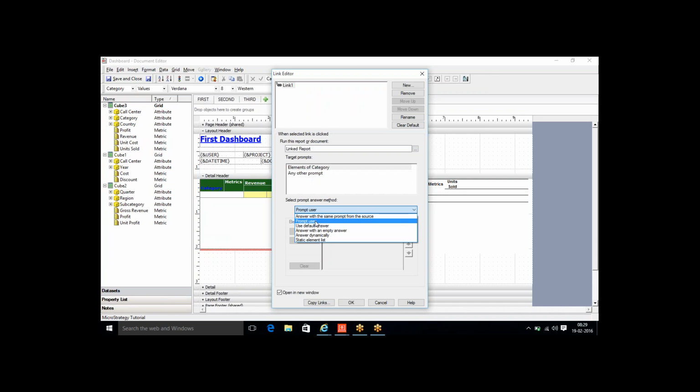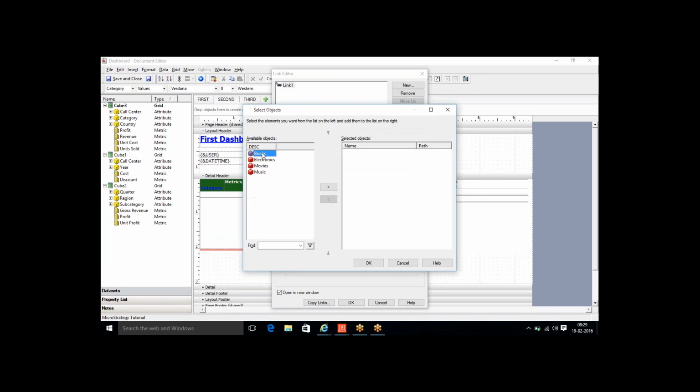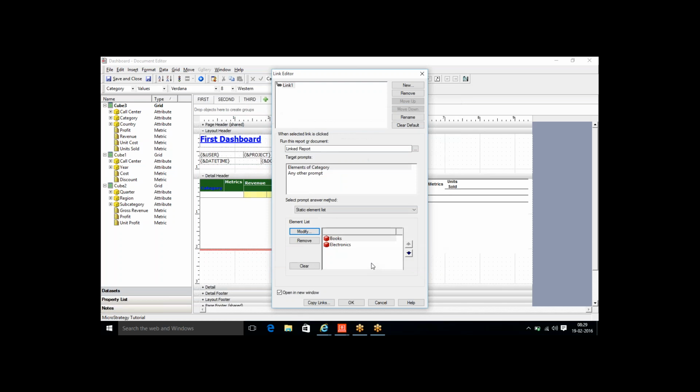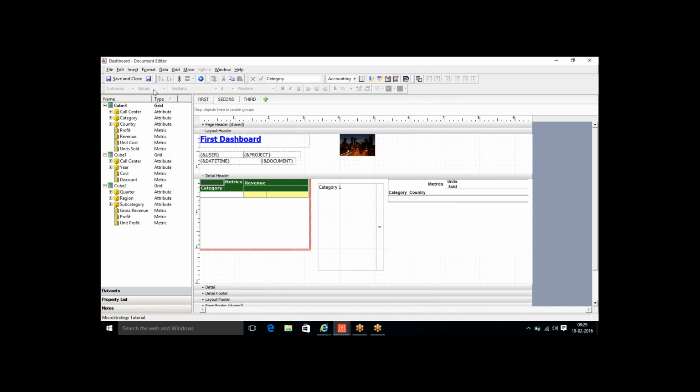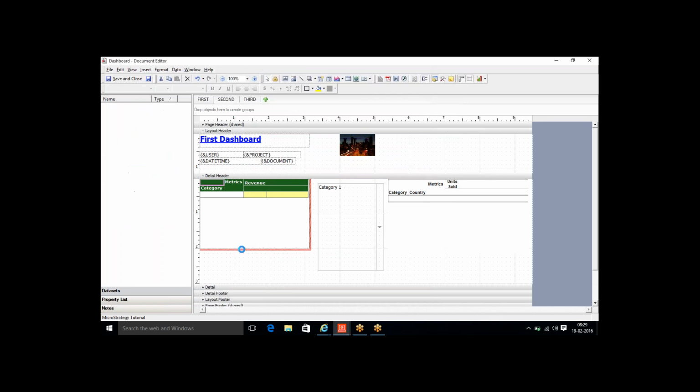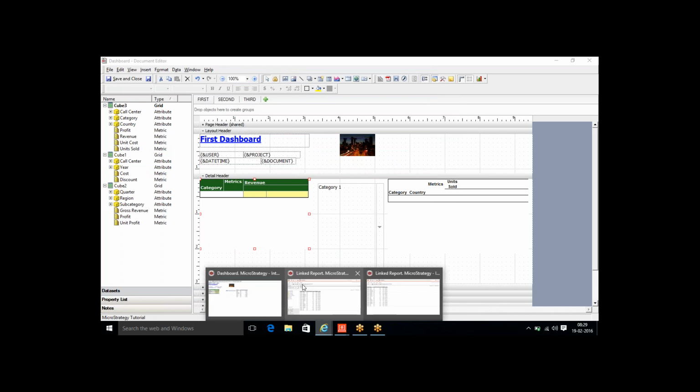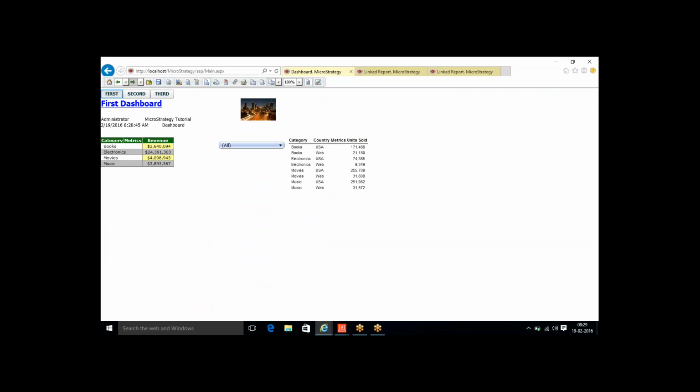If you want a static element list, I can say don't display all the elements, just display books and electronics. So I don't want to display all the elements of category under my link report. It's just going to display books and electronics. If I say OK, and save, and this time I refresh my dashboard from here,